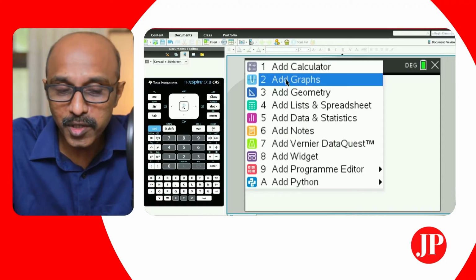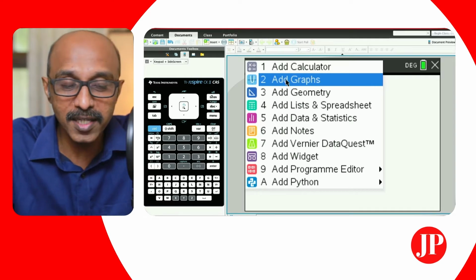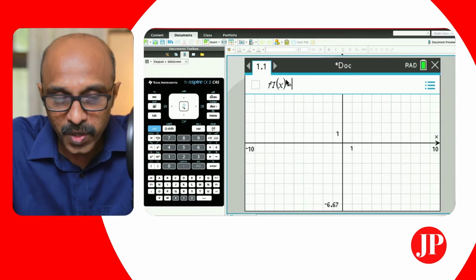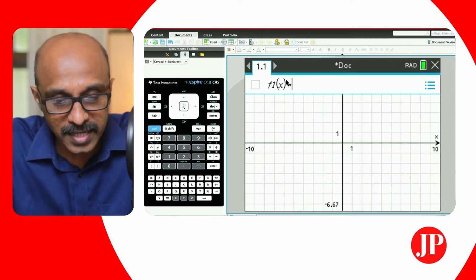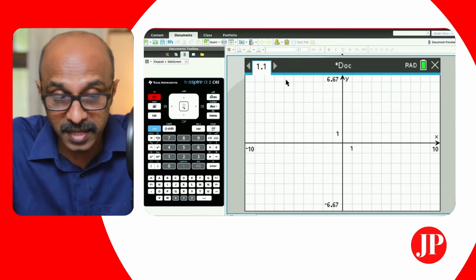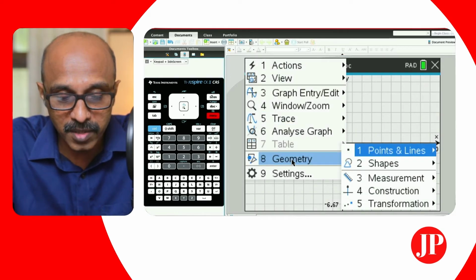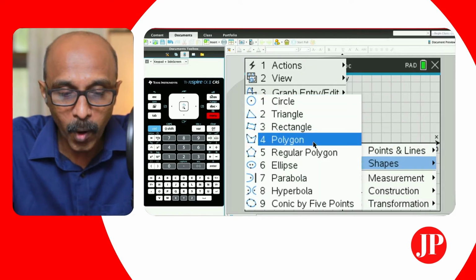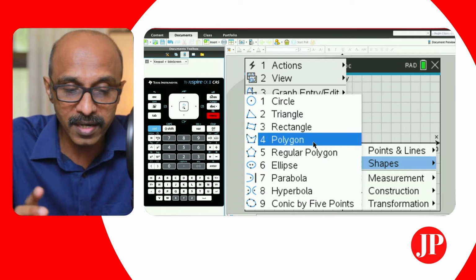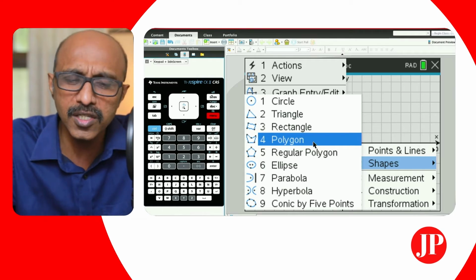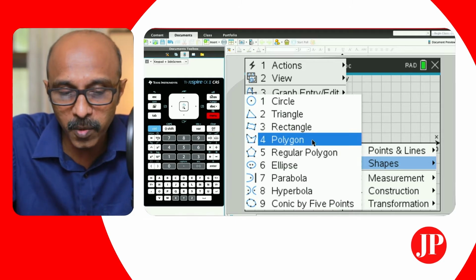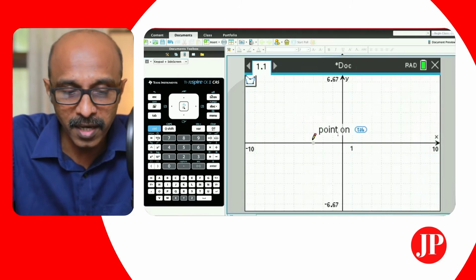For the purpose of this demonstration, I'm going to use the CAS version of the TI-Nspire CX II. Without any further delay, let's add a graph page. We don't want the function entry line, so we hit escape and it goes away. We are interested in geometry tools, number 8, and this time we are going to enter a polygon, not the triangle. Last time we saw a triangle, but sometimes in the IGCSE question paper you get a four-sided polygon. So let's take a look at how we can transform a polygon today.